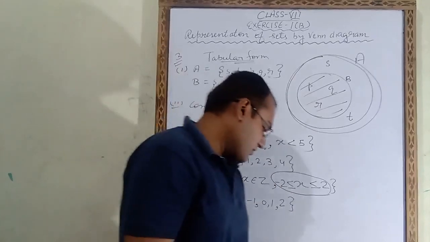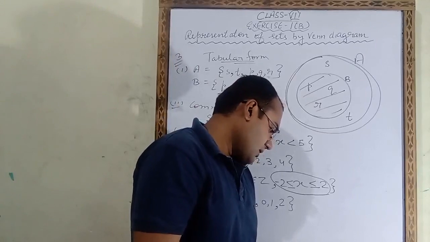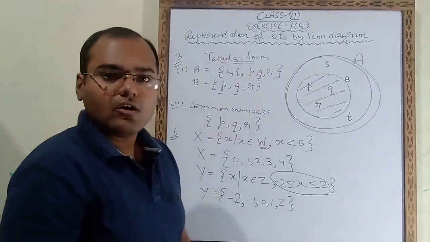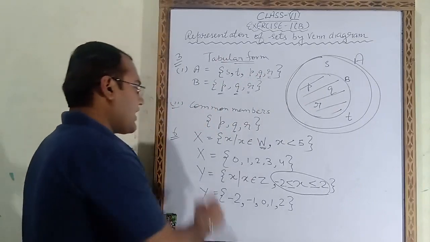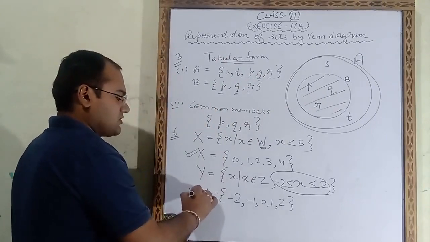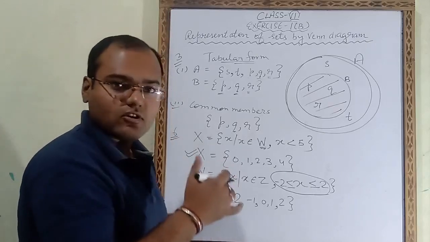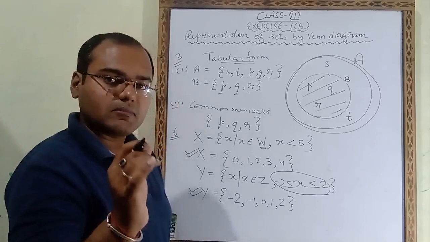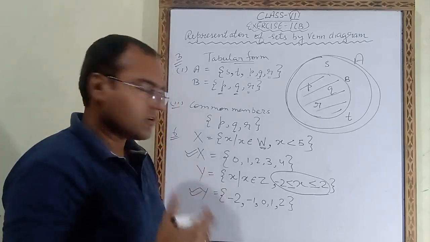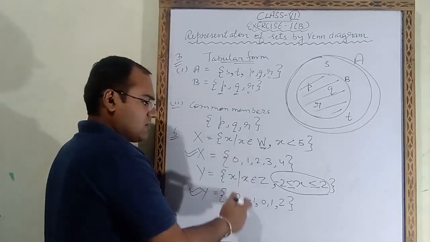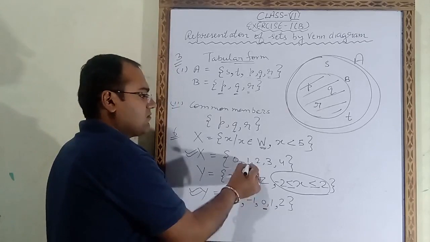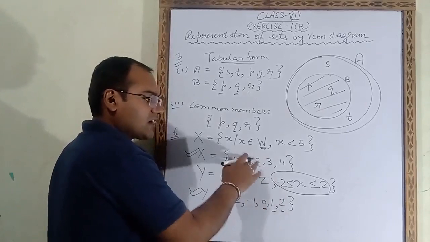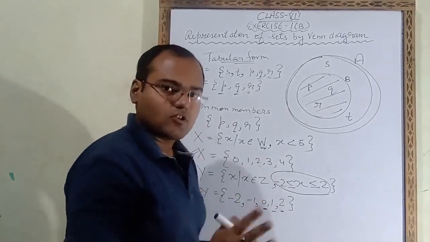Now after that the question says, represent them by a Venn diagram. We have to draw a Venn diagram. So for the Venn diagram we have to check the elements of X also, and we have to check the elements of Y also. So the first step is we have to check whether any number is coming common in X and Y or not. Is 0 coming in this? Yes. Is 1 coming? Yes. Is 2 coming? Yes. How many numbers are coming in both X and Y? 3 numbers. Commons are coming.